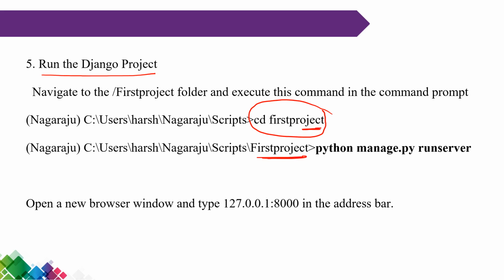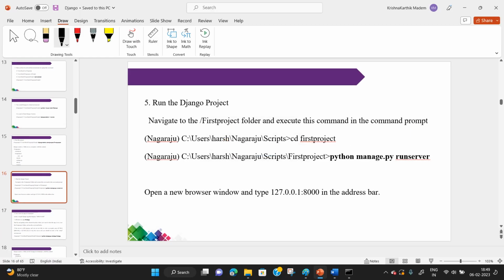That means Django can consist of any number of projects. Now, which project do you want to run? You want to run firstproject. So navigate to firstproject and then execute the Python file with the command runserver. Then only the Django project starts execution. Finally,